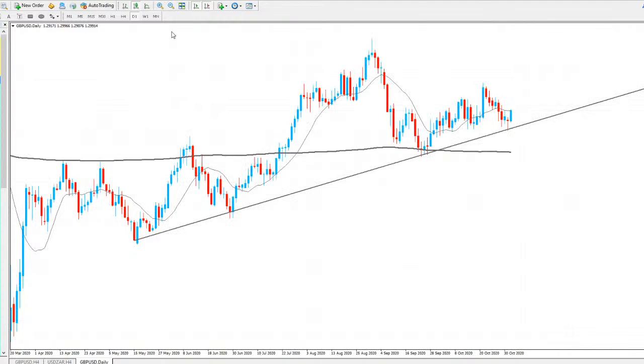But you have to be aware that we didn't make a higher high in the chart. As you can see, every time we test the trend line, we made a higher high. We started there, then we made another higher high, then we made another higher high, then now we haven't made a higher high. So it does show that the momentum is slowing down to the upside, and we could be seeing a break of this trend line soon, and potentially a move to the downside, carrying a downtrend for us for GBP/USD on the daily chart. So do need to be aware of that.